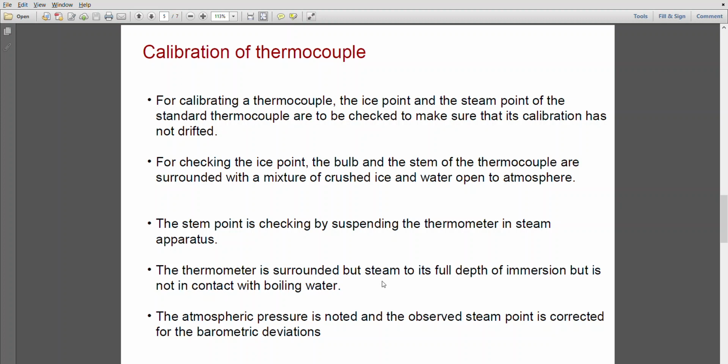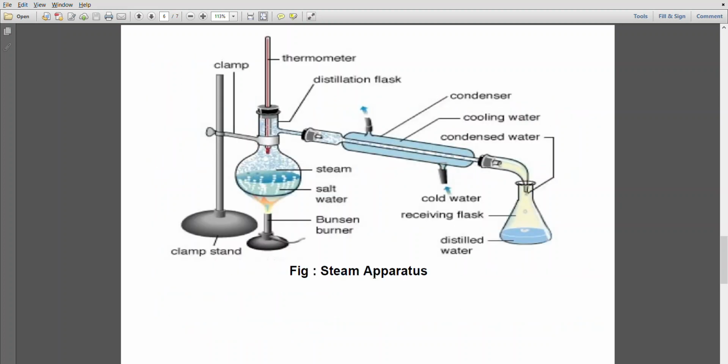This hot junction of the thermocouple measures the temperature of the water in the bath, while the thermometer is kept above the water bath with steam surrounding the bulb but not immersed in the water bath. Okay, something like this. If you see, water is here, the thermometer is kept here, and the steam is surrounding the water, and here they have missed completely the thermocouple setup. So the thermocouple hot junction setup will be near the thermometer, and the cold junction will be kept in the ice, in the crushed ice box. Okay, so